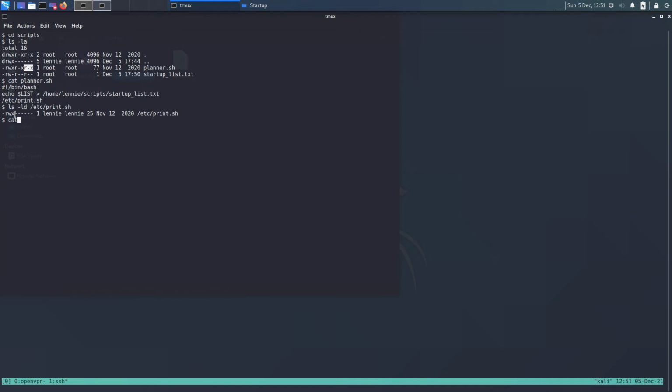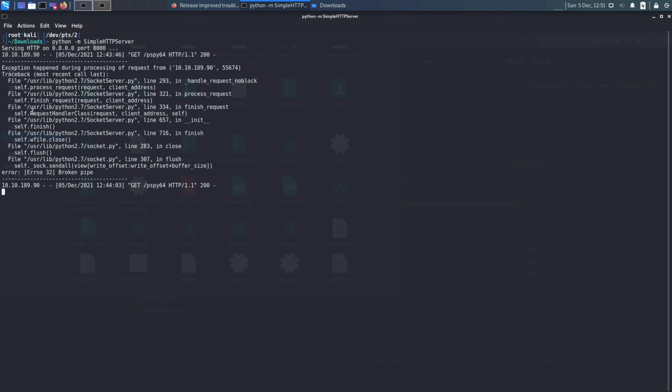So on figuring out what's in this, we see that it is an extremely simple script which just prints done, nothing very special. Now how do we exploit this? We do not have write permissions for planner.sh, but we have write permissions for a file that is executed inside this, print.sh. Now because this planner.sh file is being executed by root, because print.sh is also executed inside this, it will also be executed by the root. So the best thing that we can do here,